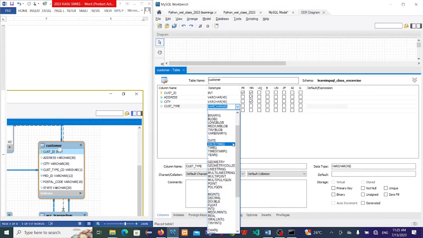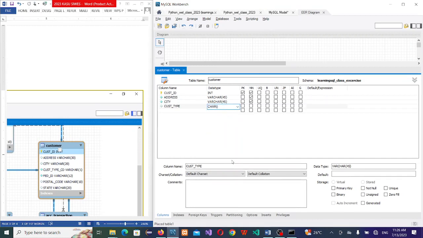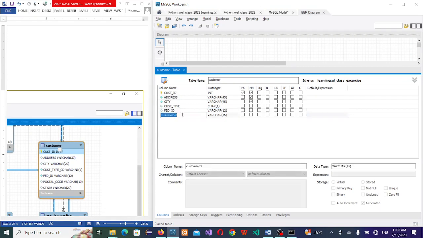Where is char here? Okay, char and 1. Next, freight ID. Maybe we'll do some changes later. This is 12 characters. And then